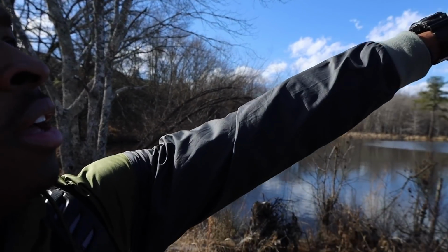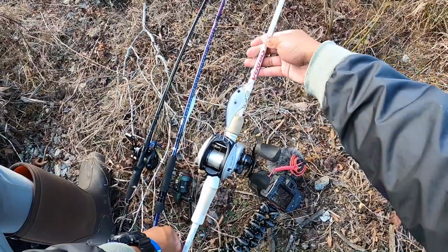Oh, look at that. That's the mallard. I'm not sure if you could even see those. All right, so here we go. We're gonna try to get on some nice big mouth. First cast. All right, so guys, hopefully y'all can hear me okay, but today we're gonna start off